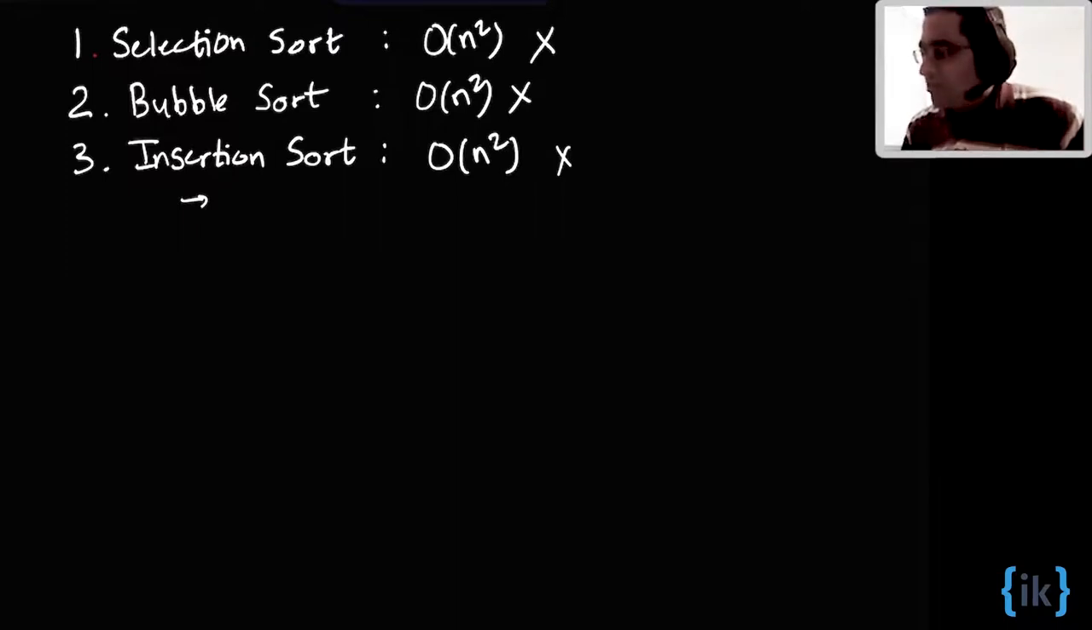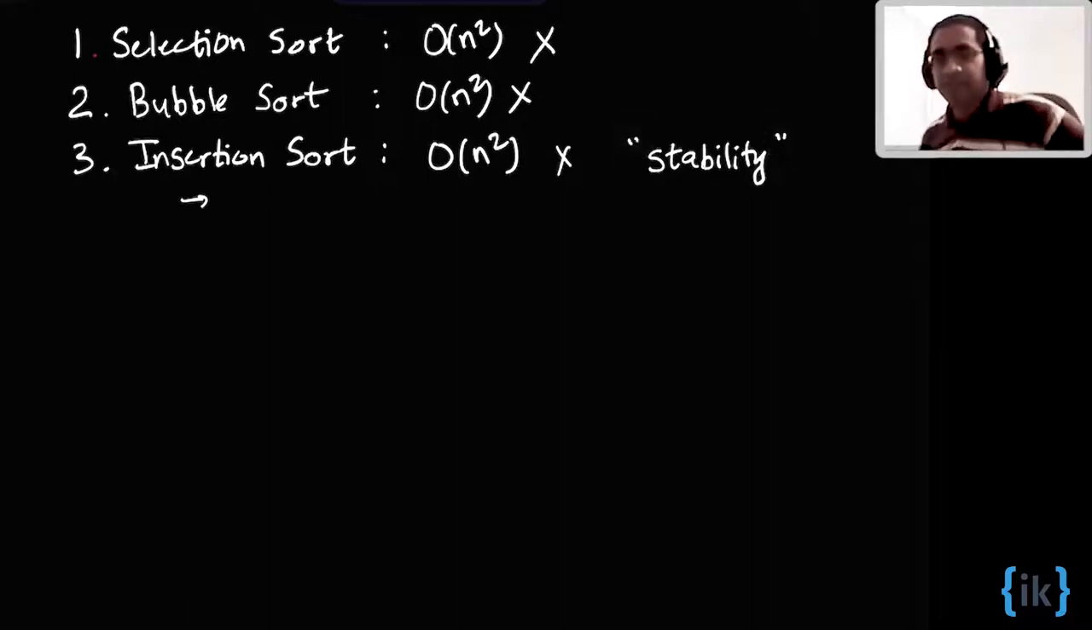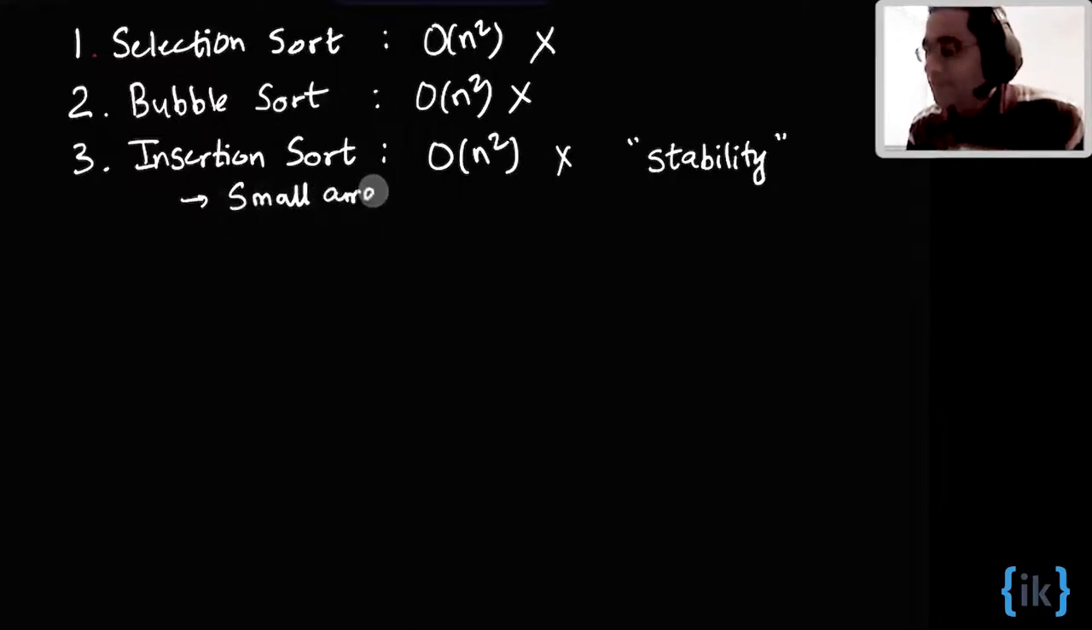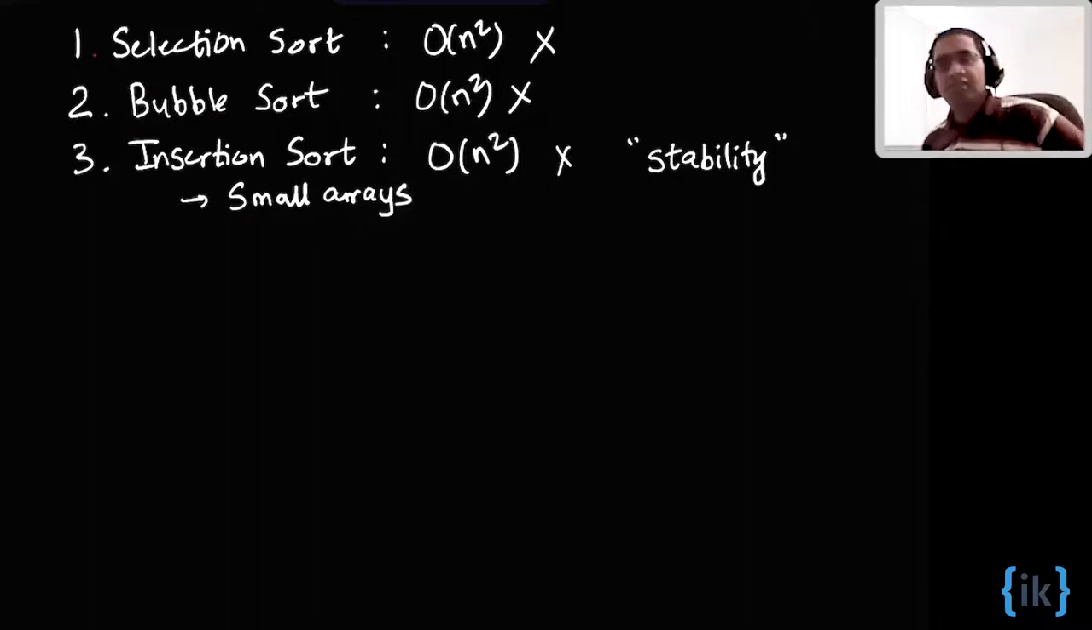One of the features that insertion sort has is that you can write the code in a way that it's stable. It's possible to maintain stability. And it works quite fast on small arrays. So when your input size is really small, insertion sort might be good enough. And because it's stable, even if you had a small array of objects, you could use an algorithm like insertion